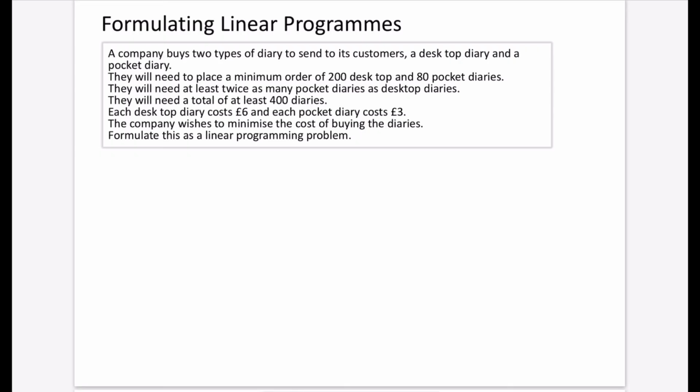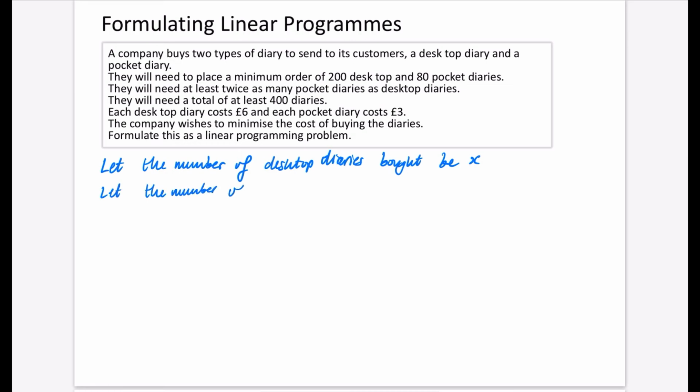And we're going to formulate this as a linear programming problem. So one of the first things we always need to do is to assign the decision variables. So what I'm going to say here is, let the number of desktop diaries bought be X, and I'm going to let the number of pocket diaries bought be Y. It's always important you have those first bits to tell them exactly what it is